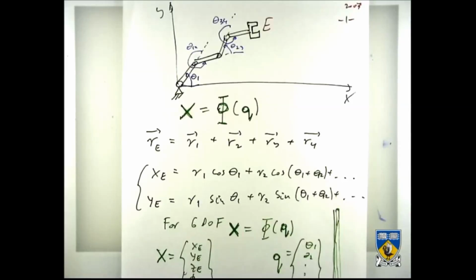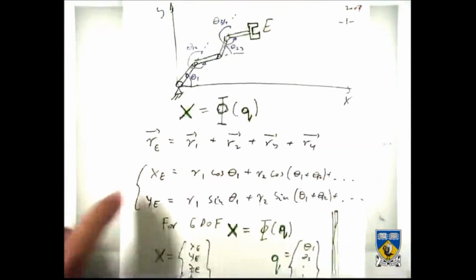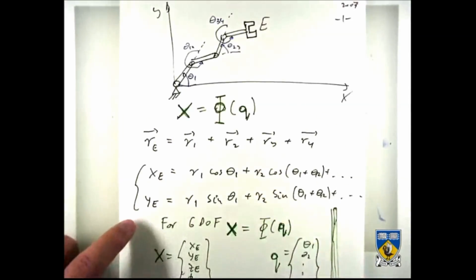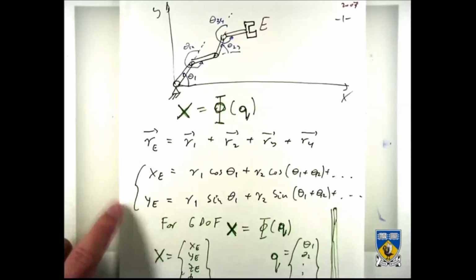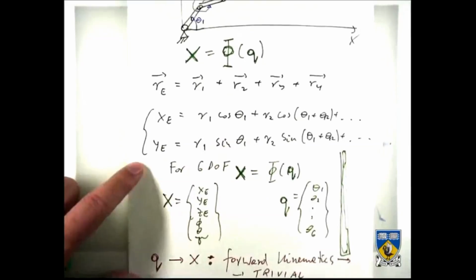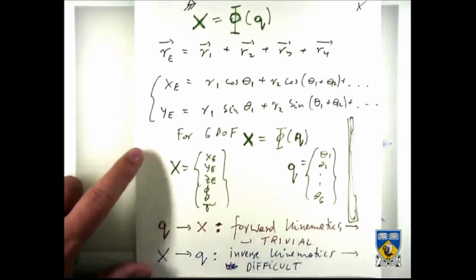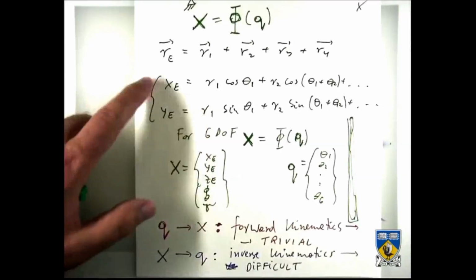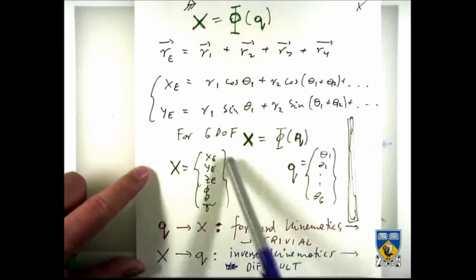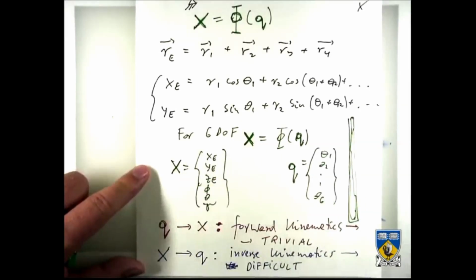We continue our topic of kinematics of serial manipulators or serial kinematic chains. So remember, we have something like this. We measure angles from the previous link counterclockwise, at least in textbooks. Okay, and if we write a vector equation for this and put it in component form, roughly, we see that for a typical 6 degree of freedom robot,